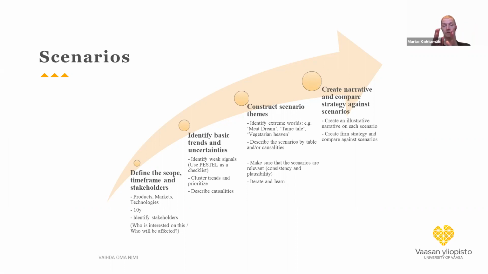We describe the 3 different scenarios by table, for instance, or by some picture. We try to word and explain what we mean by the different scenarios and make sure that all of the scenarios that we use are relevant and plausible. And we discuss, interact, develop those scenarios so that we are satisfied that those are the scenarios that cover the different variables, for instance, from the PESTEL that we just did, and then that the scenarios are truly